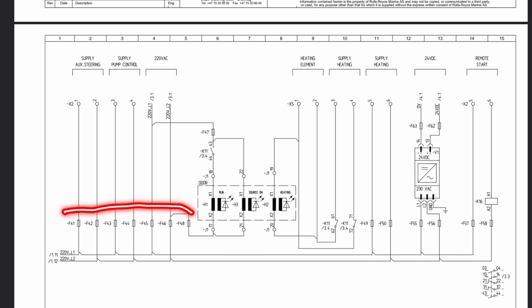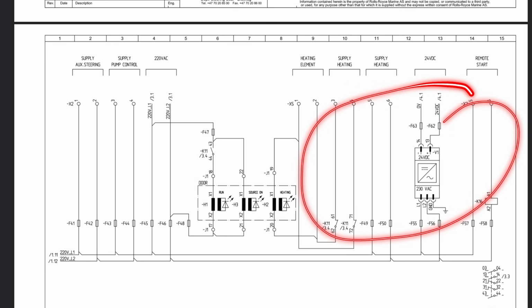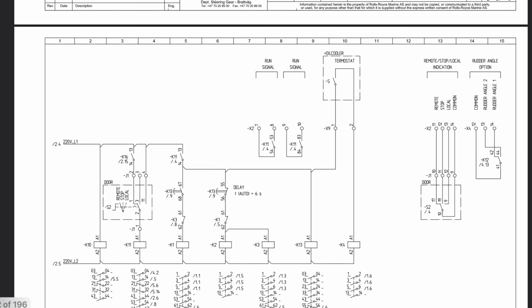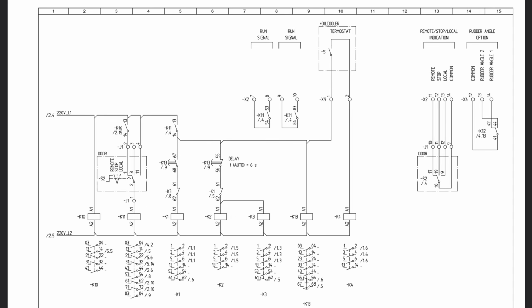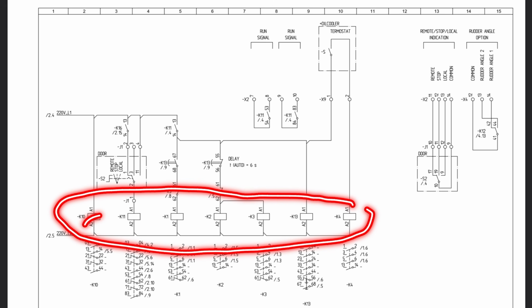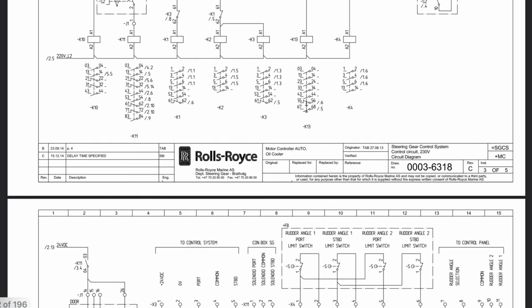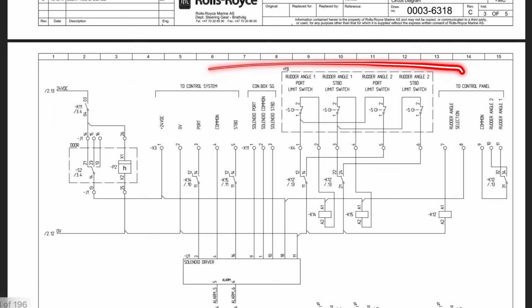There are so many fuses in this. We have the indicator lamps, run, source, heating. We have all this control system. Our main focus is how the motor starts and what is the sequence of events happening. The 220 supply comes to the relays which start the motor. We have K10, K11, K1, K2, K3, K13, K14, K4. So many relays.